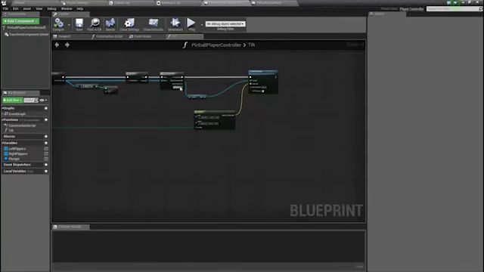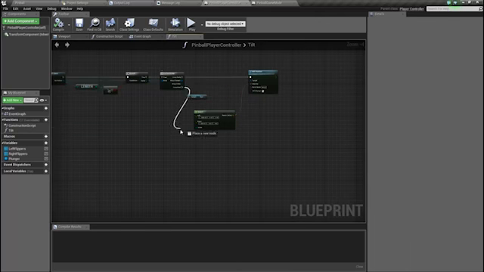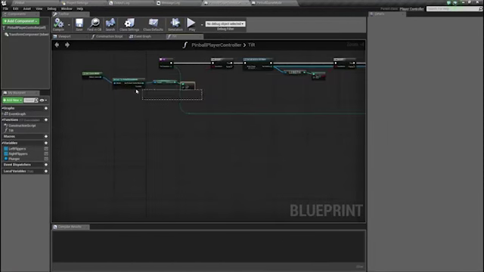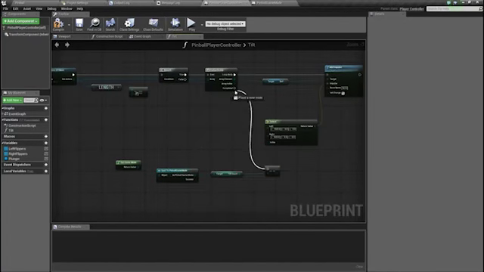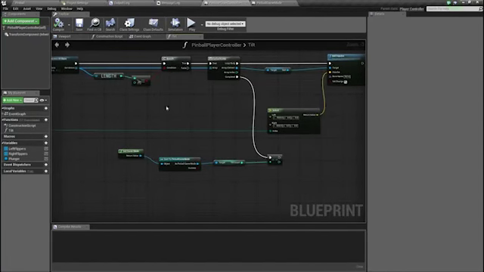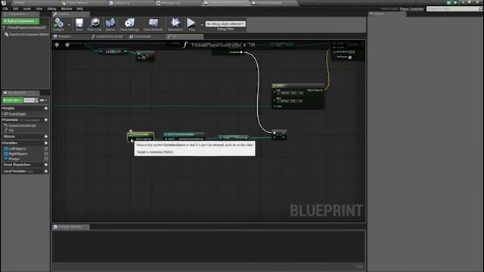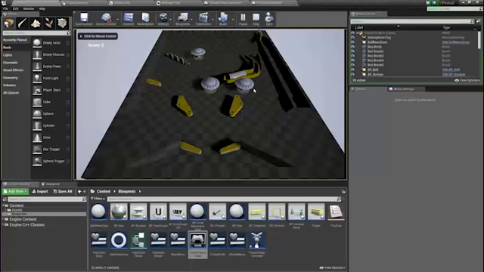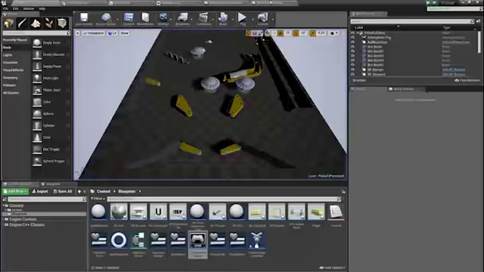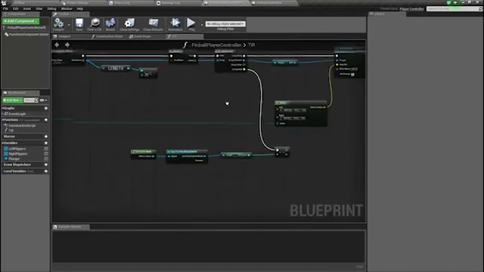Now, after I've gone through all of this and I've completed this, the last thing that I'm going to do is get this game mode again, decrement, minus. So we're just removing a tilt. There we go. Compile, save. So now that that's set up, we should be only able to do 3 tilts. And I'll check that now. 1, 2, 3. And now my tilt's no longer working. Cool, fantastic. So we now have a functional tilt,